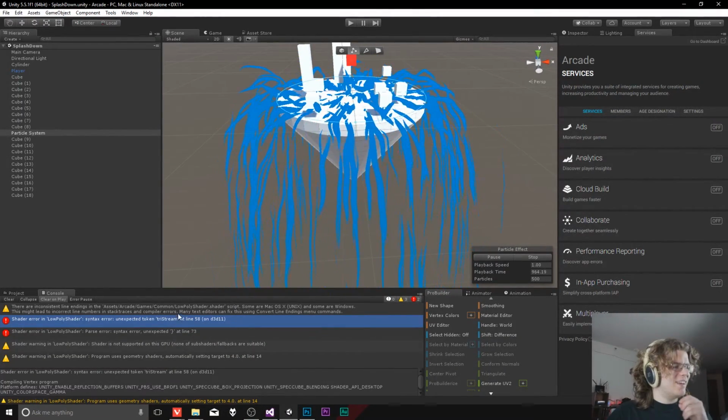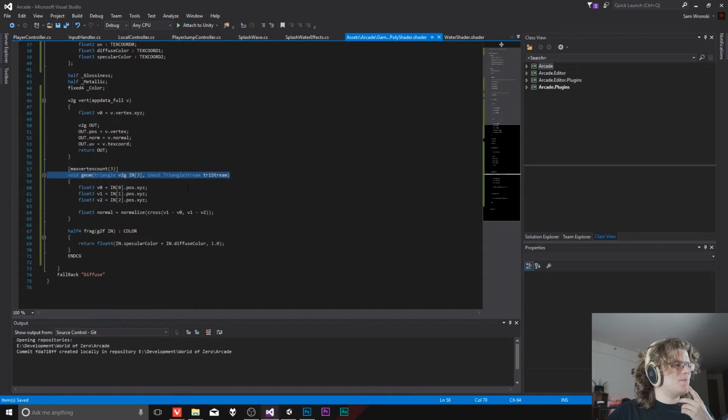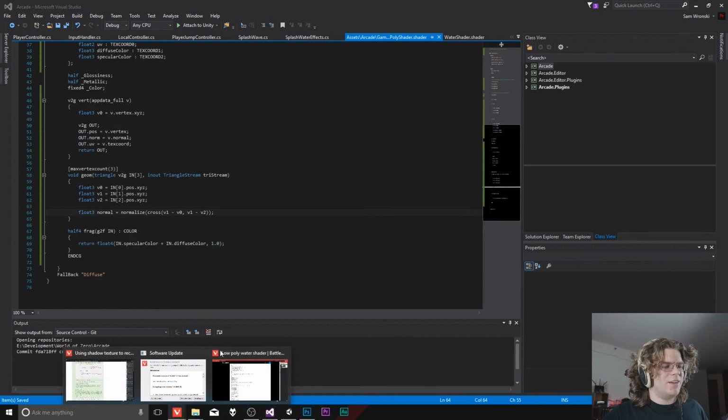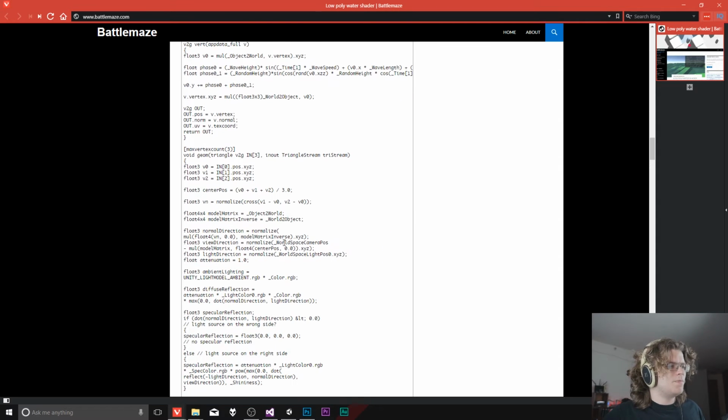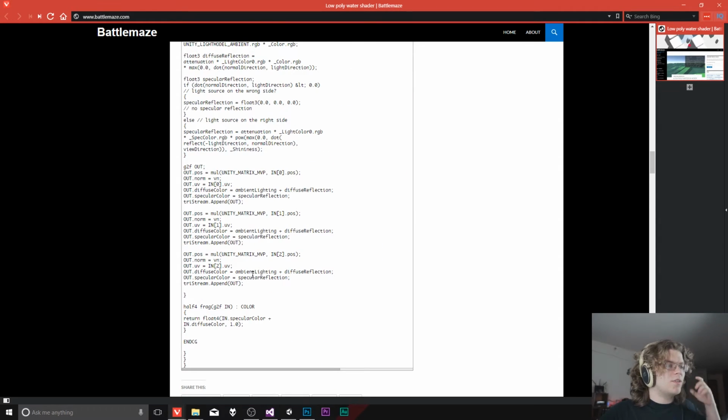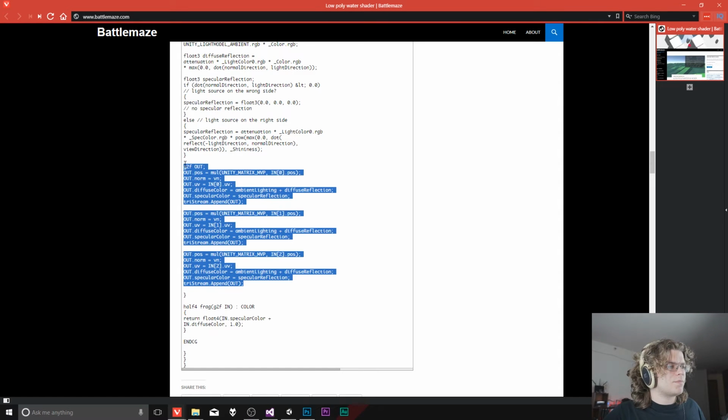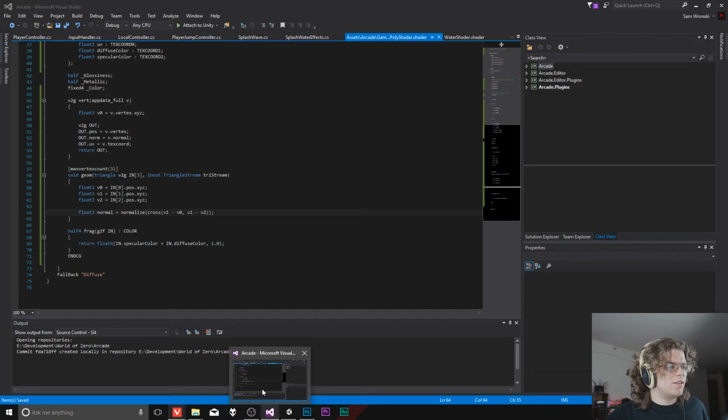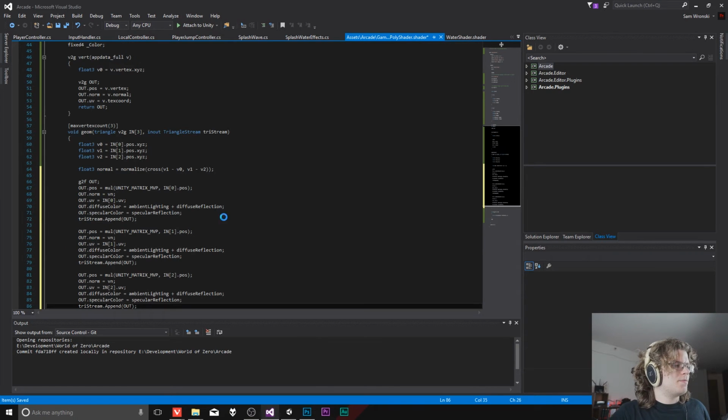Worms of water. So our TriStream is not supposed to be there. But that should be the name of what we're writing to. I wonder if we're just not using it and that's causing the problem. So I think we can fix that actually with this. So we're going to paste that. That was a lot of stuff. But what it does